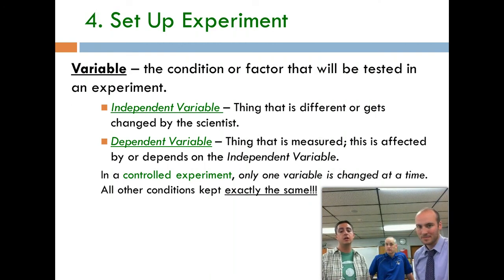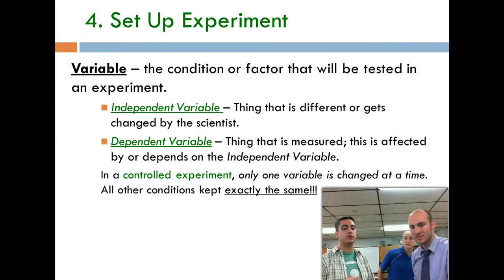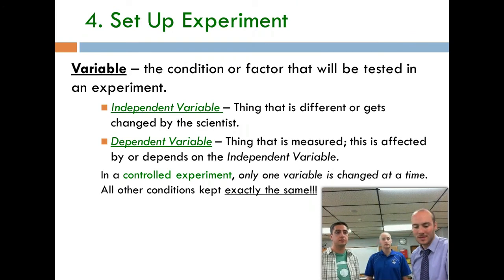The dependent variable is the one that we're then looking at, trying to see what is the effect. In this case, did the plants grow taller? Because it depends on the fertilizer, hopefully, in that case. What we end up with then is something called a controlled experiment, which Mr. Carnson will explain. Yeah, so a controlled experiment,